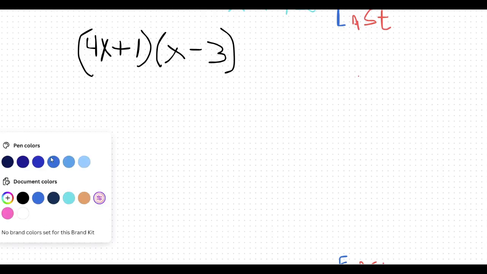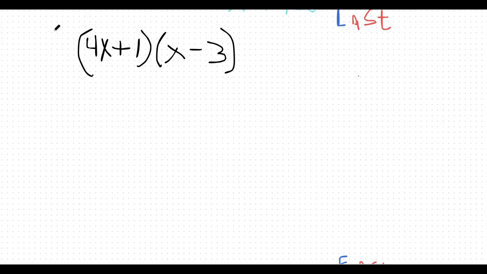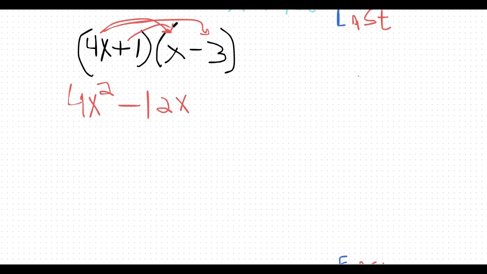Let's change colors. Let's distribute this. 4x times x is 4x squared, and x times an x is x squared. So 4x times x is 4x squared. Distribute this to the second term. 4x times negative 3 is minus 12x. Distribute this to get plus 1x,